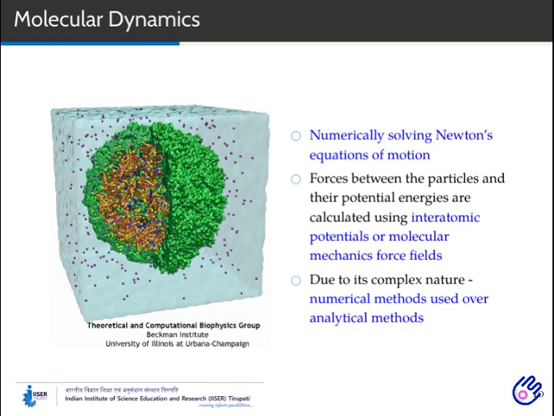Classical model is nothing but solving Newton's equation of motion. Often this is termed as classical dynamics, and in the molecular regime it is known as molecular dynamics. Using this model, movement of atoms and molecules will be studied. The principle is that the atoms or molecules are allowed to interact for a certain period of time, and we study the dynamics as evolution of the system with respect to time.